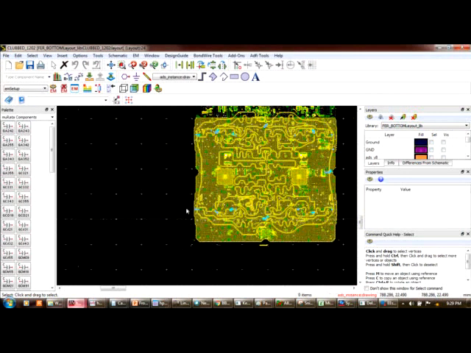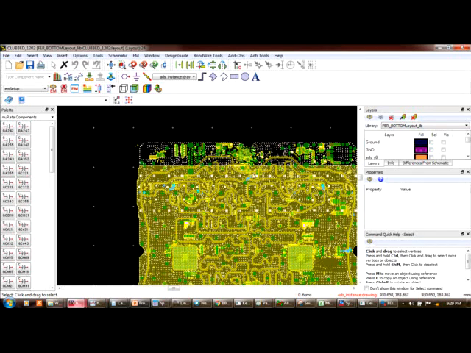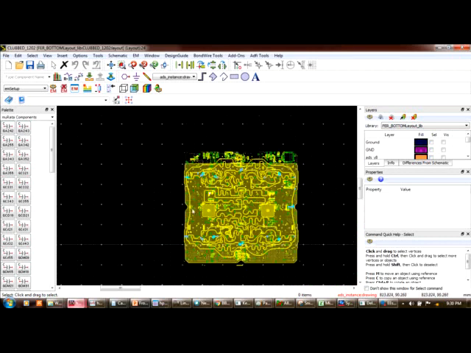Yeah, this is the thing, the total bottom layer got routed. So I divided everything individually: channel A, channel B, channel C, channel D.